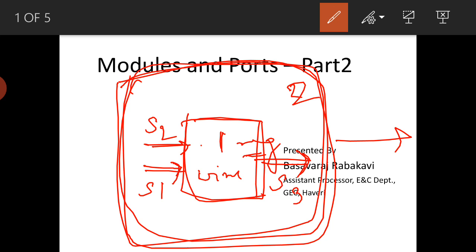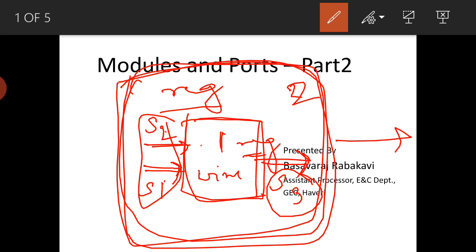So these two are outputs, S1 and S2, and we need to declare them as register. S3 we also need to declare as register. Why register? Because in S2 we are generating outputs S1 and S2, which are connected to S1. As the outputs are connected with reg or wire, we can declare them as reg, but inside the module they